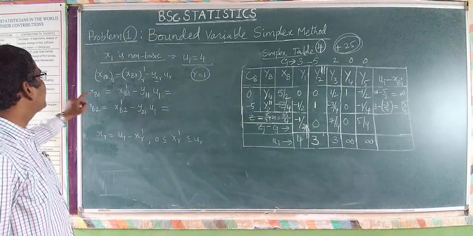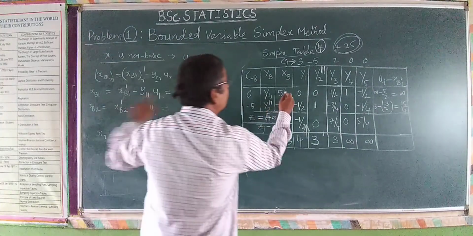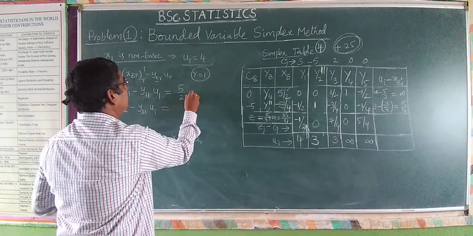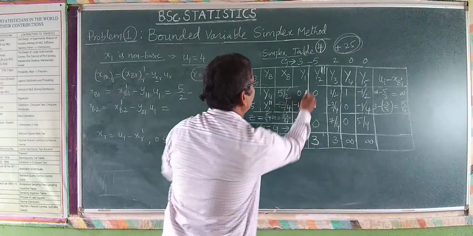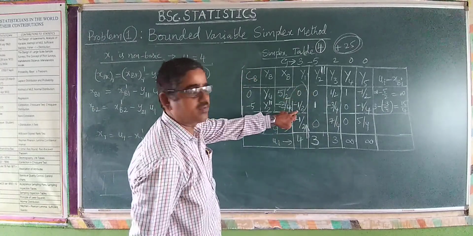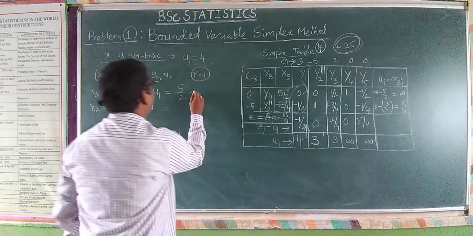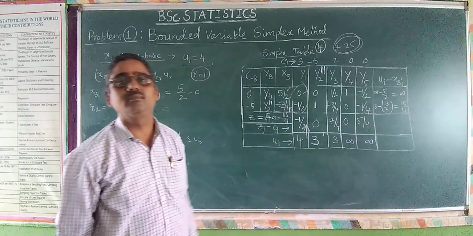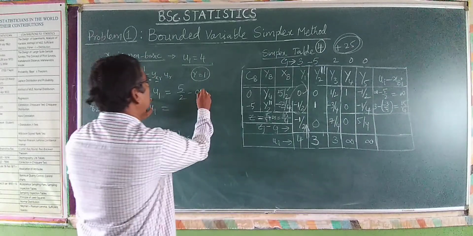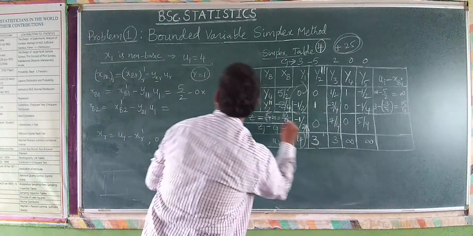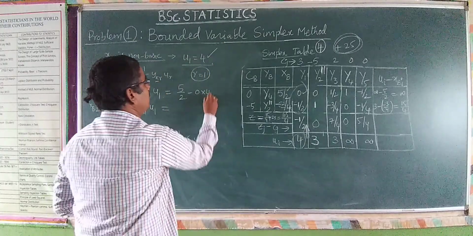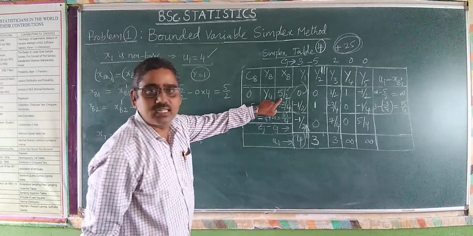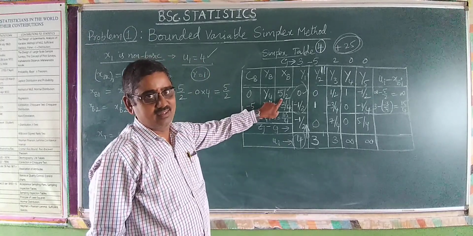Now come and calculate xb1 dash, that is 5 by 2, minus y11. The values to be considered here are 0 and minus 1 by 2, the first one being 0. So y11 is 0, the values of yr are y11, y21. Therefore minus 0 into u1, where u1 is 4. So this is 0, therefore it remains 5 by 2. This was not changed.